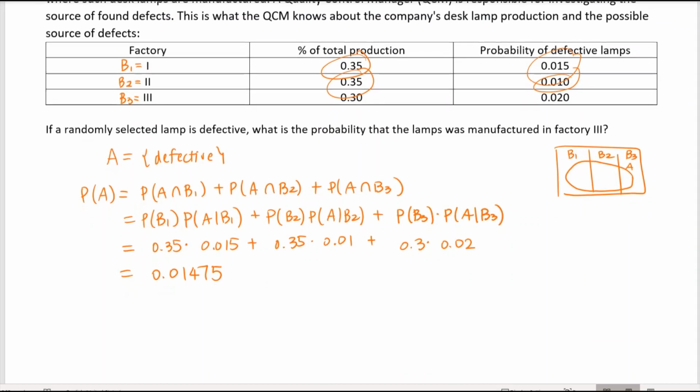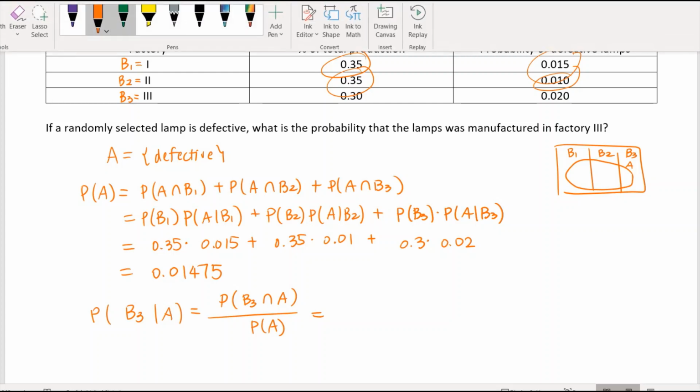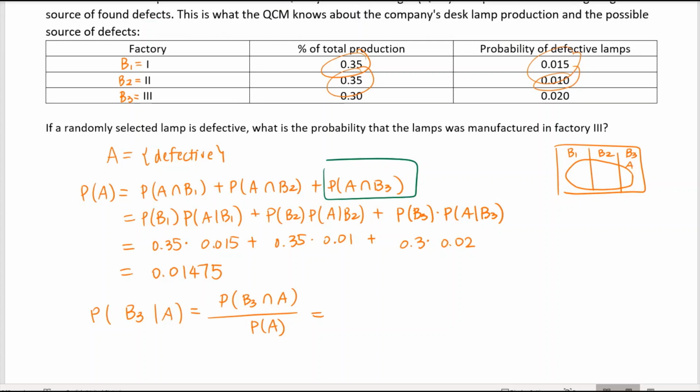And then, what's the probability that the lamp was manufactured in factory 3? So this is asking, now we know the lamp is defective, what's the probability that this is manufactured in factory 3? So B3 given A. By the conditional probability, we know this is P of B3 and A over P of A. And what is P of B3 and A? Well, that is exactly right here. Yes? So just copy down here. Over P of A, which is